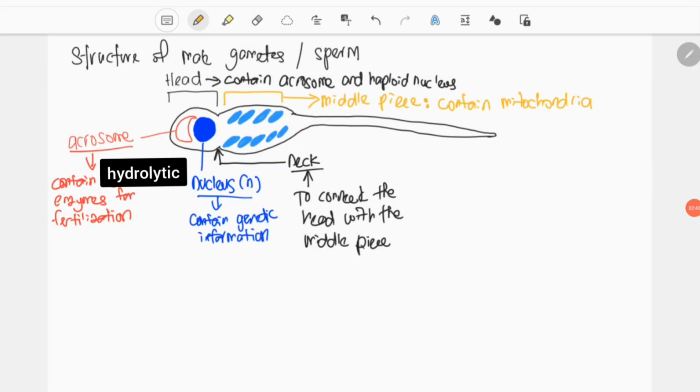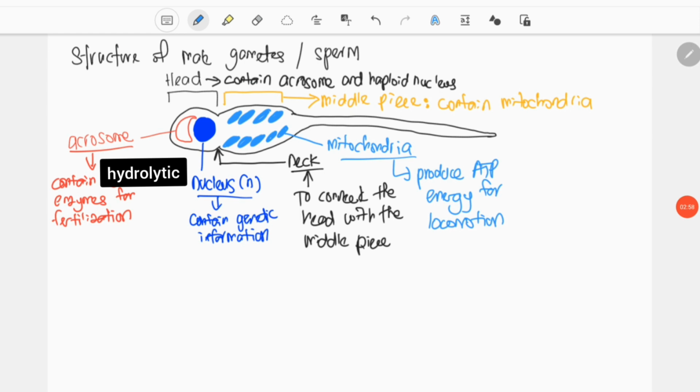The next component is middle piece. So selepas neck ada middle piece. So middle piece ni paling penting sebab it contain mitochondria. So dalam middle piece ni kita akan jumpa banyak organelle yang akan produce energy ATP, which is mitochondria. Okay, so mitochondria yang akan produce ATP energy for locomotion. Sebab tu sperm tu boleh swim, sebab ada mitochondria di dalam dia punya middle piece untuk produce energy for the